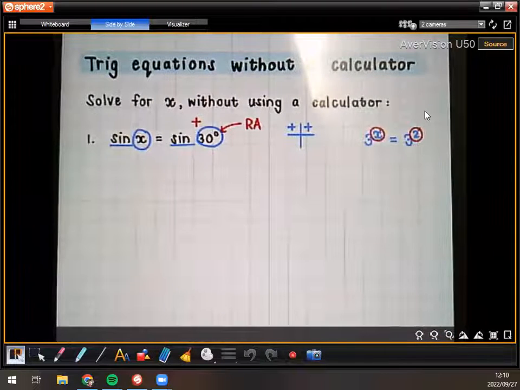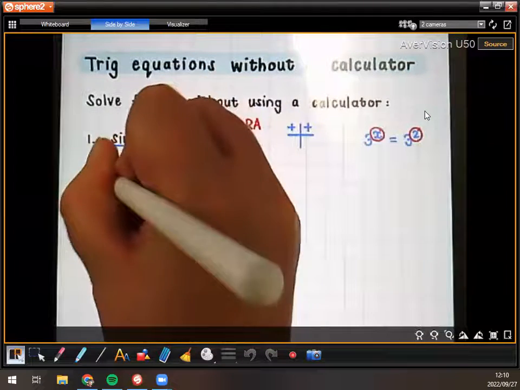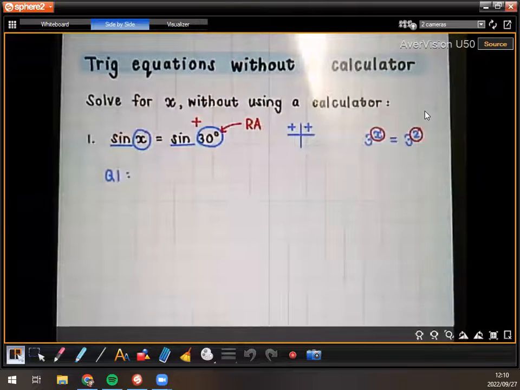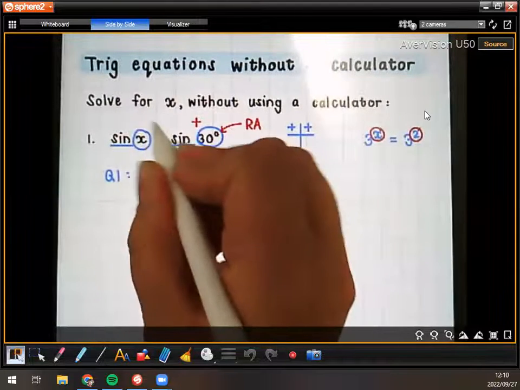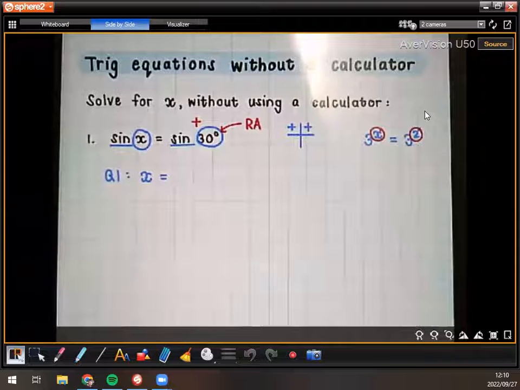Now, the reference angle is 30, and we know that we need to work in quadrants 1 and 2. So we're just going to do our solutions. So we're going to say in quadrant 1, what is the angle on this side? It's just x is equal to, in quadrant 1, we take